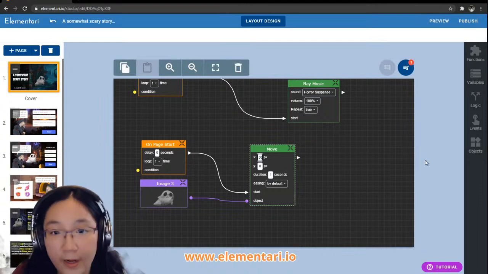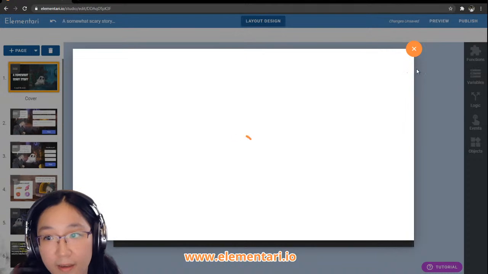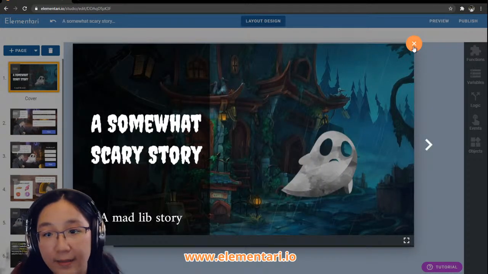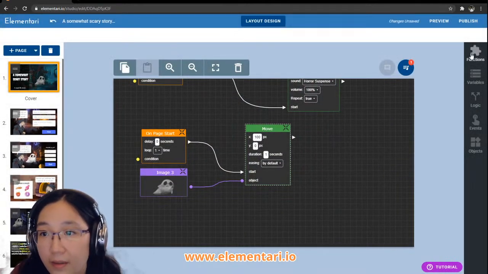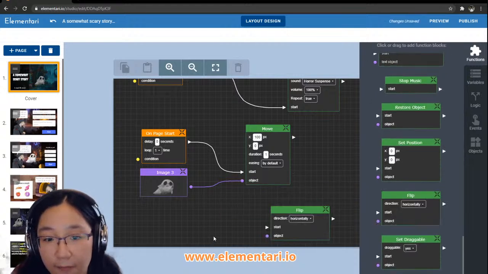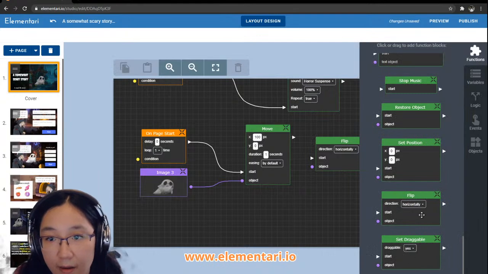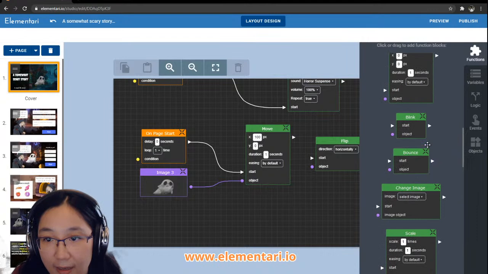If we put 100, he moves 100 to the right. So 100 to the right, and let's make him flip and move again. So let's try to do that.